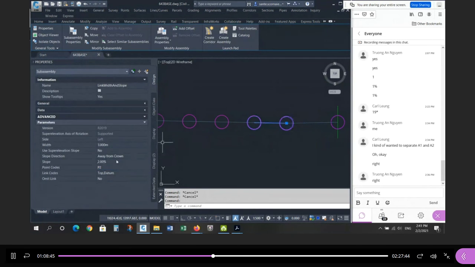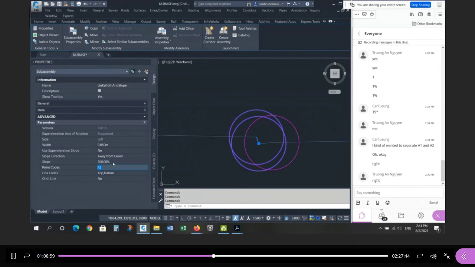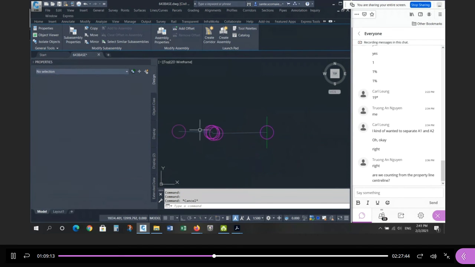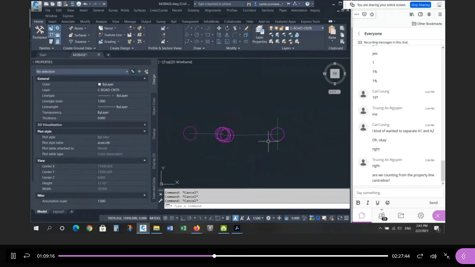Okay, and then we're going to go the gutter. The gutter is going to be, these numbers should sound familiar, 0.3, negative 8.333. Then we're going to go with the face. It's going to be 0.05, and it's going to be 300%. Then we're going to go with the back, 0.15, and it's flat. Okay, and then the boulevard, if I remember, on the one side, we're going to have,